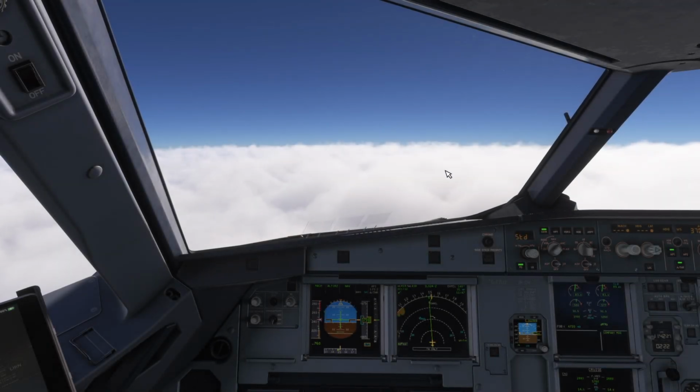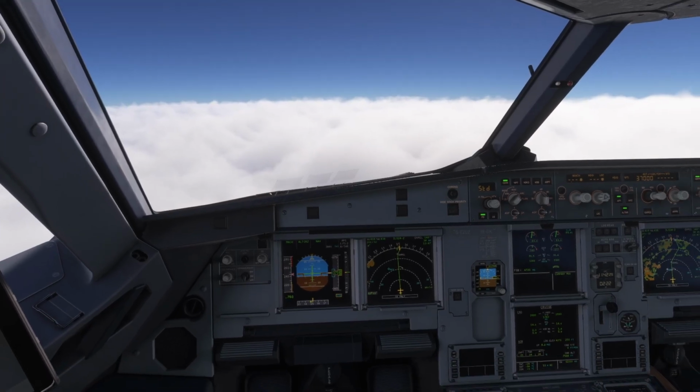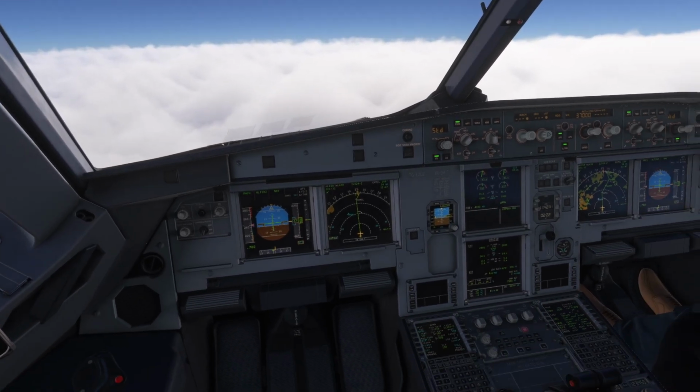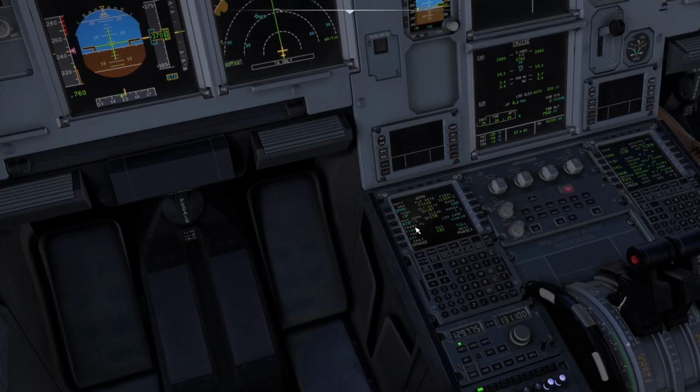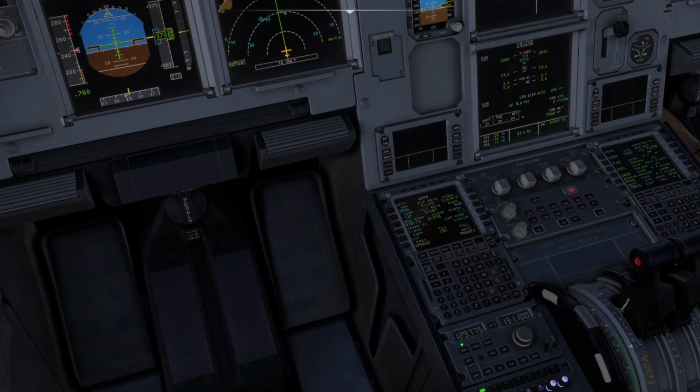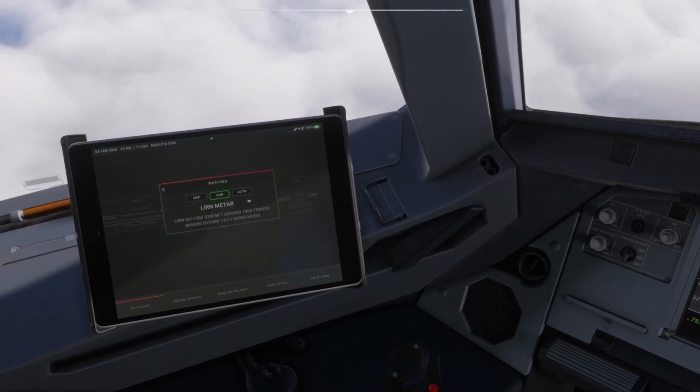Welcome back, good people. Well, we're pretty much nearing our top of descent now, just about 20 miles out. Put in our performance figures: QNH, local pressure in Naples 995, temperature 13 degrees, winds currently 020 at 5 knots, and of course the runway at 540 for landing. We've also got full landing config flaps